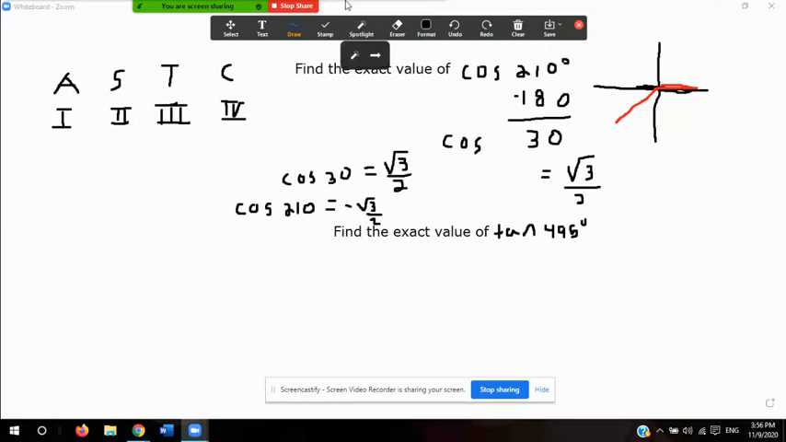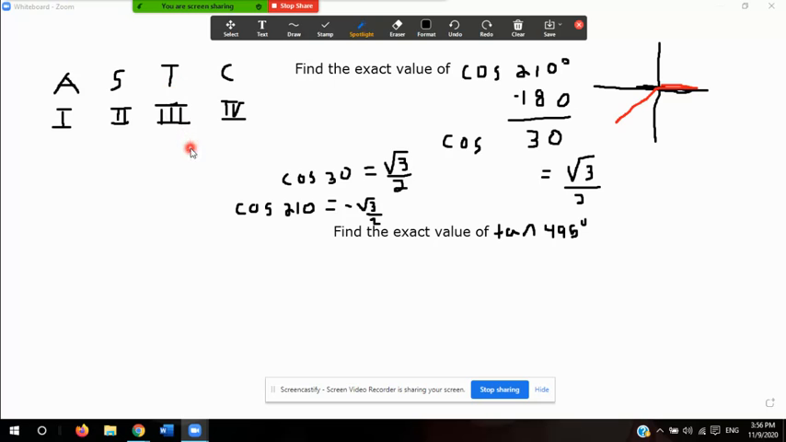This would be my answer. Now, the reason why it's negative is, again, look at this. The cosine of 210, the terminal side is in the third quadrant, and I'm being asked to find the cosine. So if the terminal side is in the third quadrant and I'm being asked to find the cosine, that means that the cosine function is going to be negative, because in the third quadrant, the only positive functions are the